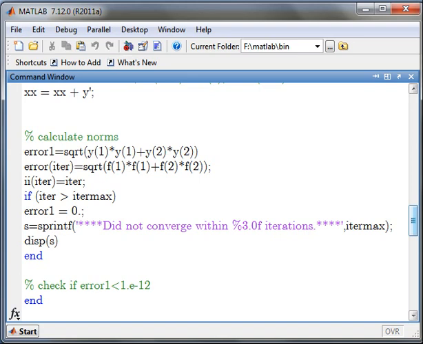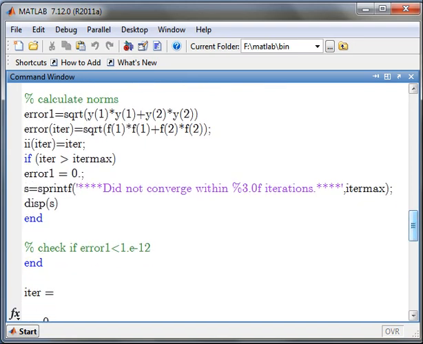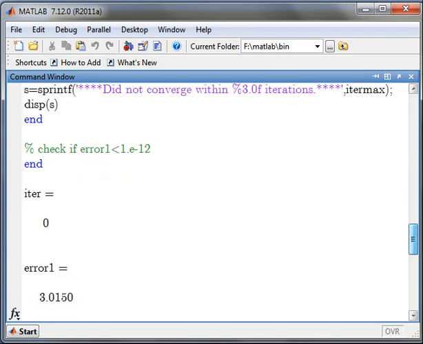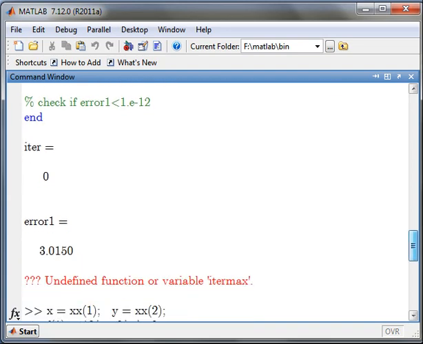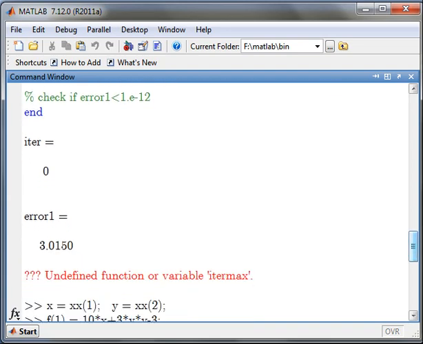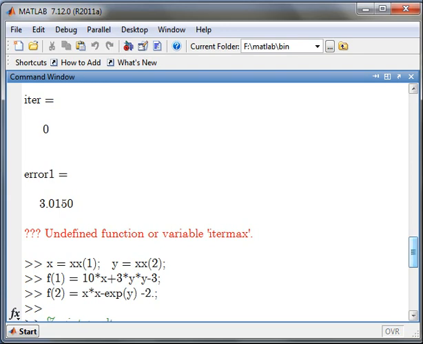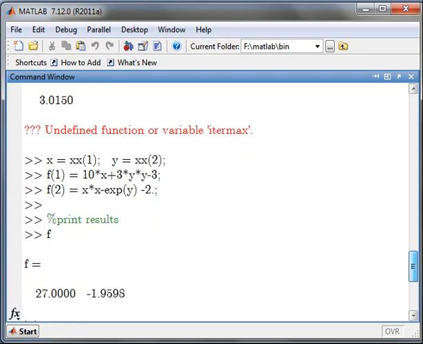Now we are having an if loop, and then we have to print that it did not converge within the max iterations, and the max is displayed. Now we are checking if error1 is less than the tolerance, then the result is coming: iteration is equal to 0 and error1 is 3.0150.